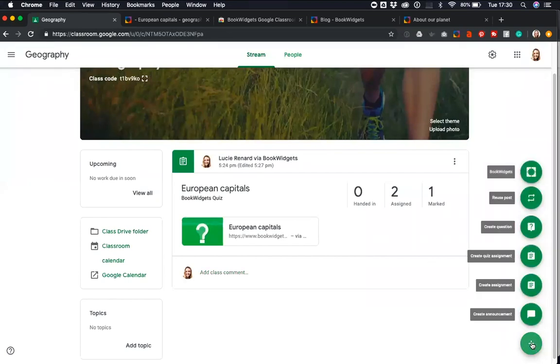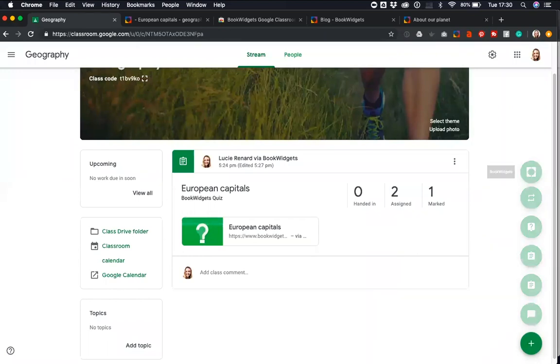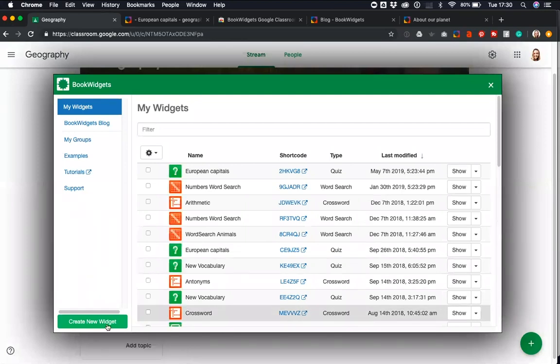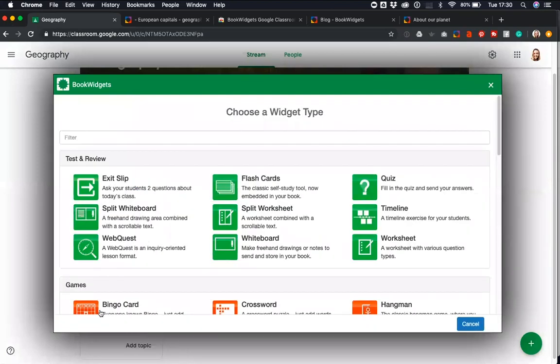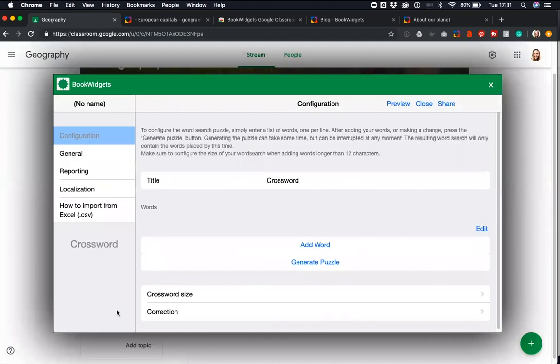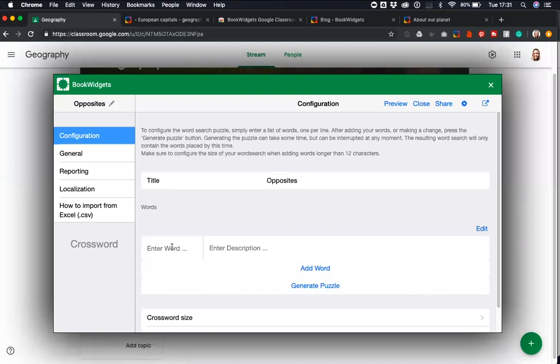This is going to be another one. So I'm going to click on the plus again, choose BookWidgets, create a new widget, and then let's say create a crossword riddle. So I click on crossword, I give it a name. So let's say title: opposites, and let's add some words, light,